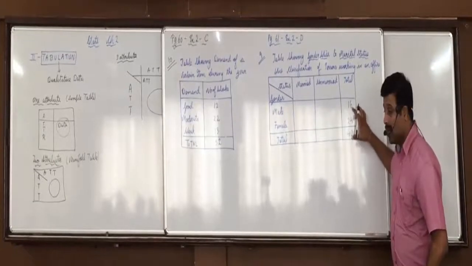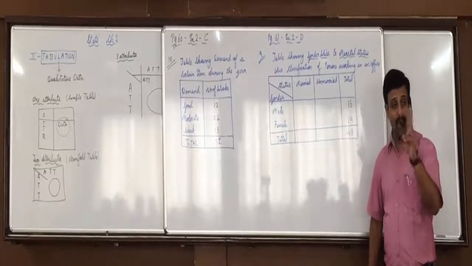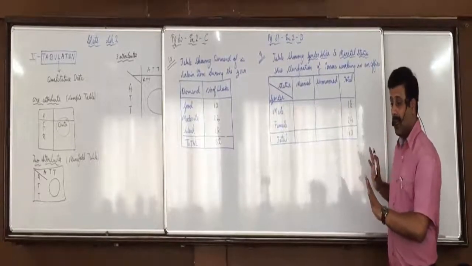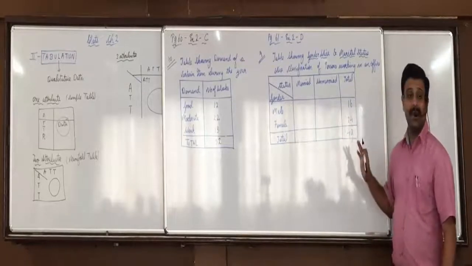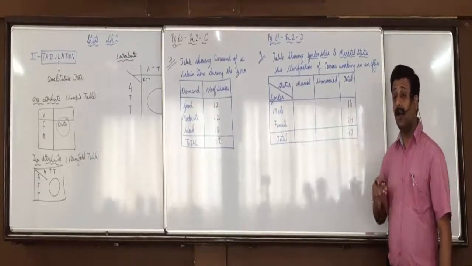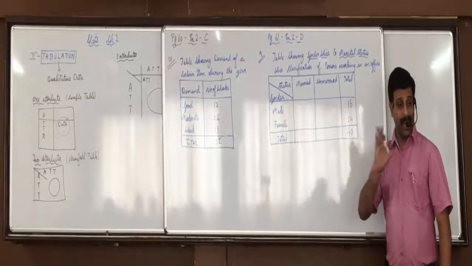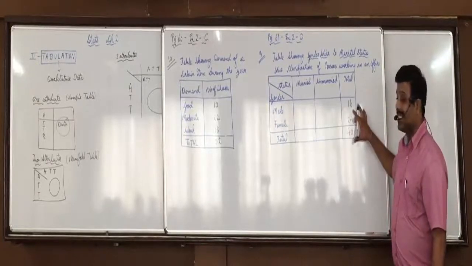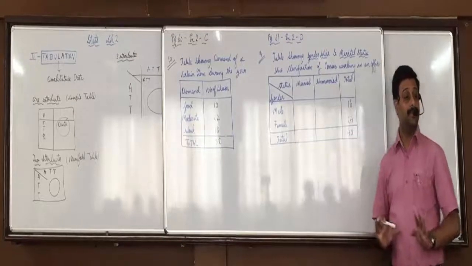40 minus 24, 16. This is what I said, with every one figure, you'll get two figures. As far as when you are doing tabulation, whenever you get one figure, work out and see which other figures can be directly obtained. Obtain that first. If you do, you are doing it systematically and will not face any problem. If you don't write this 16 right now and continue reading the next information, you will face trouble.